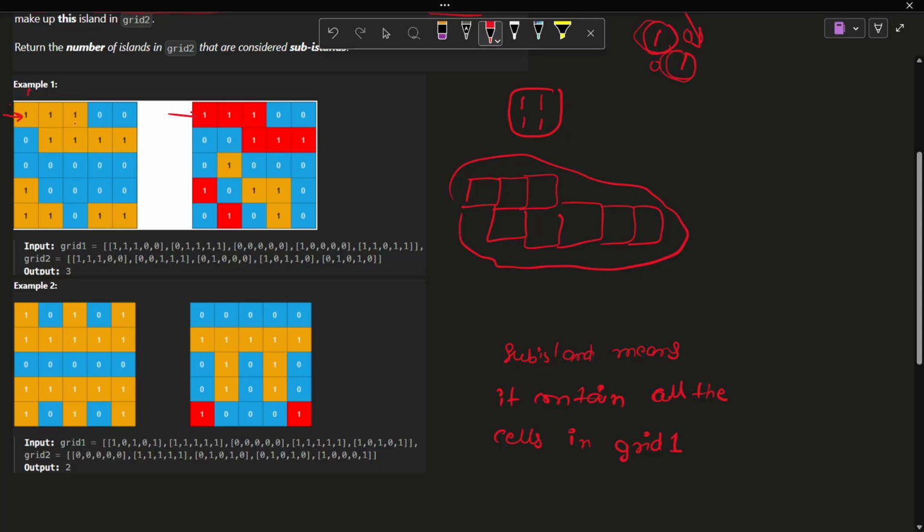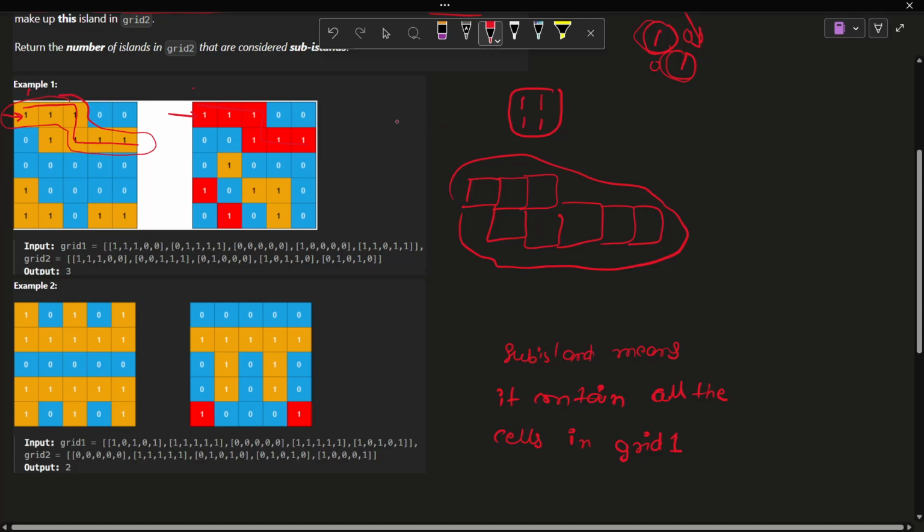We have to check. How to check? We have to traverse all these 1s and check whether they satisfy the condition,